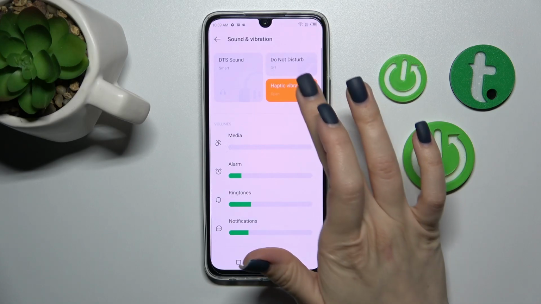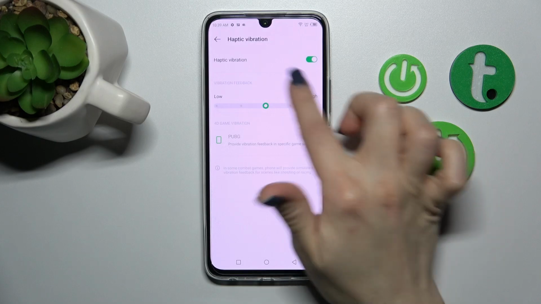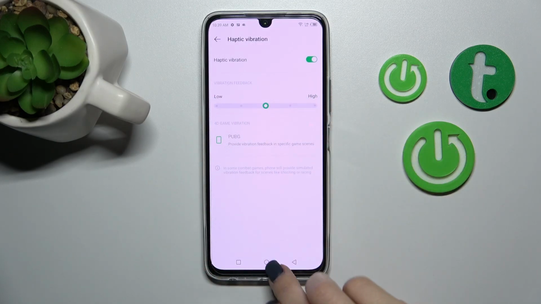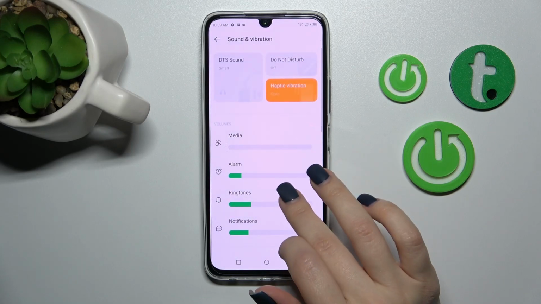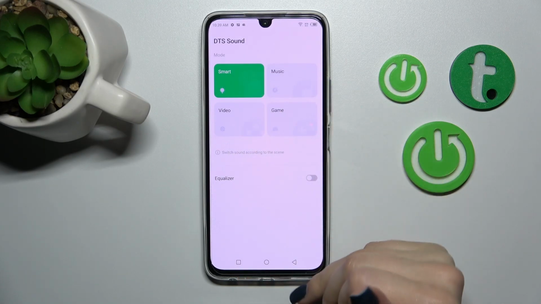Let's go back. If you want to use the haptic vibration, just click on the switcher. You can also change the vibration feedback to the lowest or highest. Let's go back. Also we can change here the DTS sound mode for smart music, video or game, or